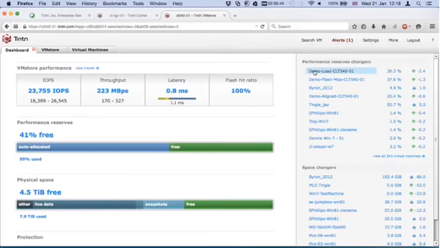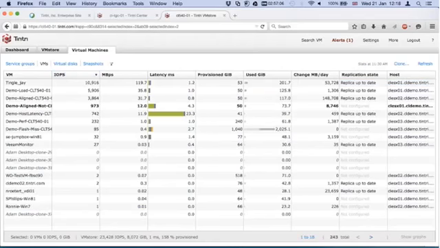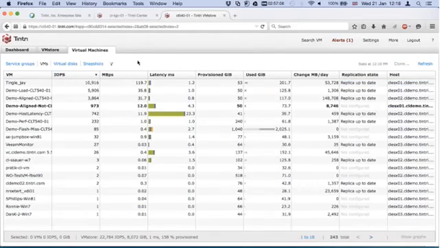Over on the right, you can see which VMs are using the most performance in the storage layer. You can also see there's 243 VMs that are creating that 24,000 IOPS. We can see which VMs are also starting to consume the most capacity. I'm going to switch tabs. Now I can sort on the VMs. Which of my VMs are using the most IOPS, or virtual desktops? One click of a mouse button on